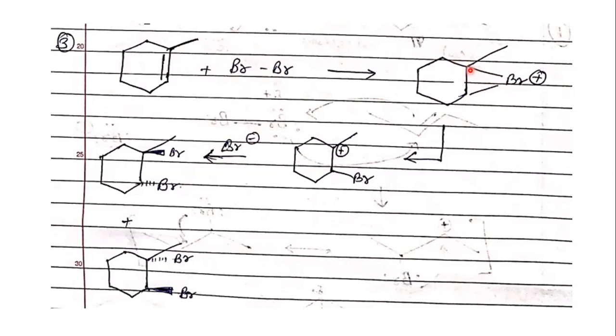If you can see here, this carbon, the one which is highlighted now, there are already three groups attached to it. Three groups already attached to it. Here also it has three groups attached to it, if you can see. So if this bond is broken, the one that is highlighted right now, you will get a tertiary carbocation.